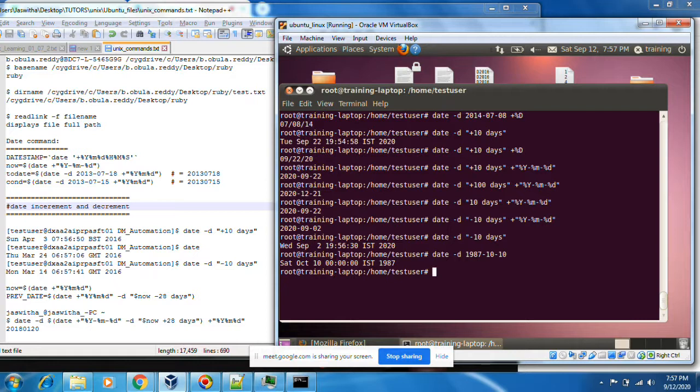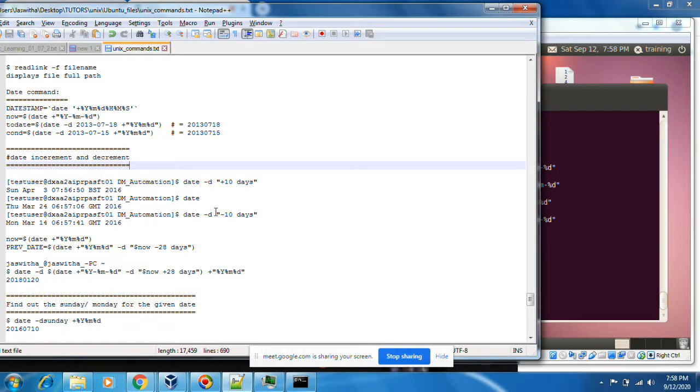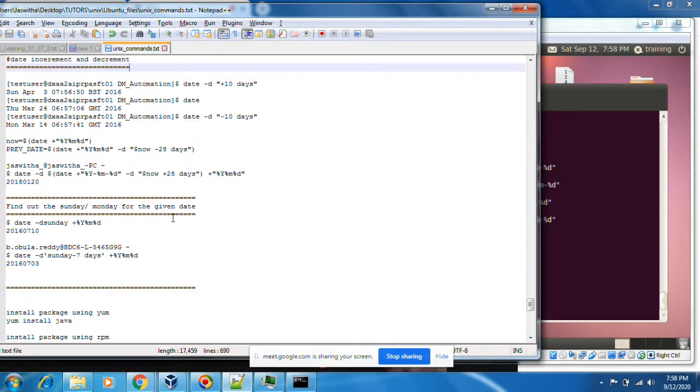You can get it like this. You can check if you know your birthday. You will get whether it is Saturday or Sunday, or whether it will be in October or November. You can find it like this. You will check it while you are practicing. Check your birthday. It should show the correct day. That completes date increment.